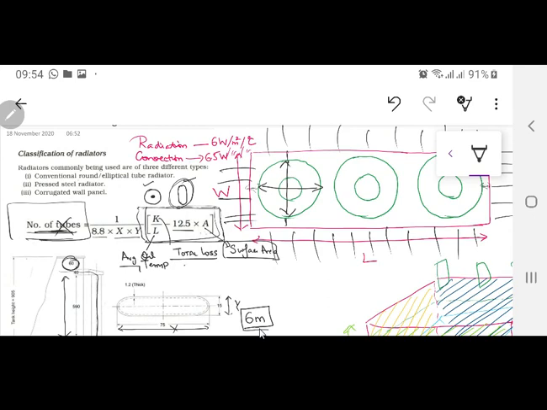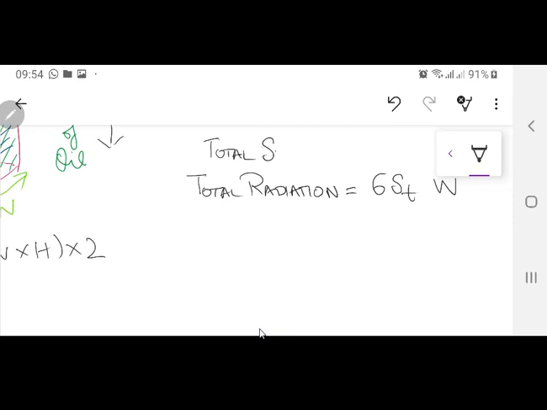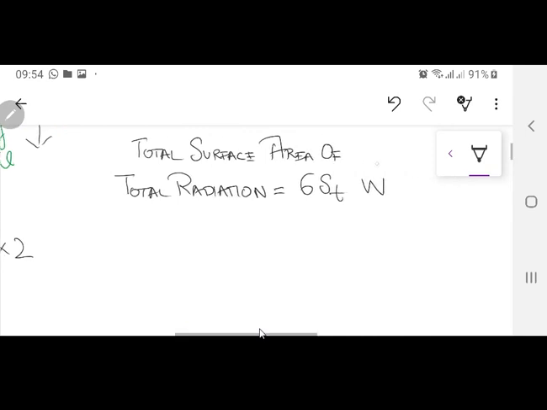Now, this was from this book. Now, if you go with this book over there, they are only discussing the tube factors over there. Okay? For this purpose, I'm just going to go through a little proof over there. They are telling me that the total radiation is equal to 6 ST watt. What is ST? Total surface area of tank is equal to ST.